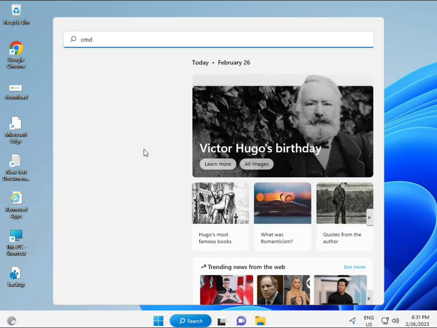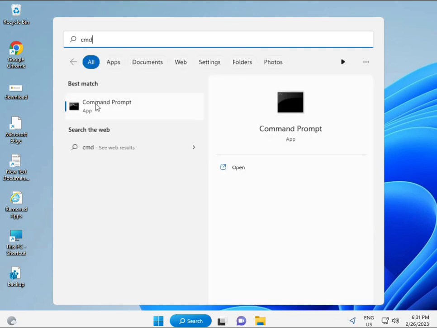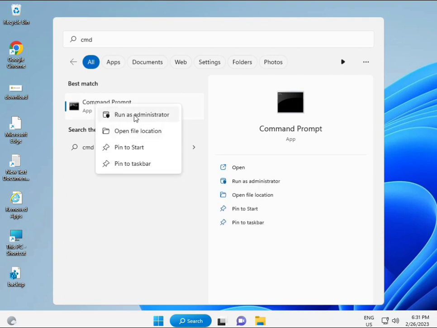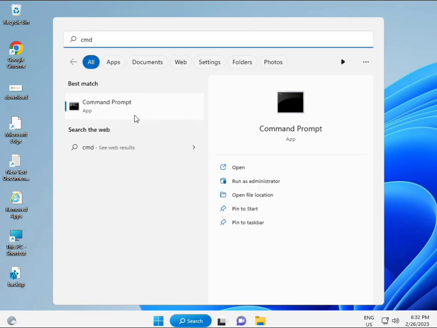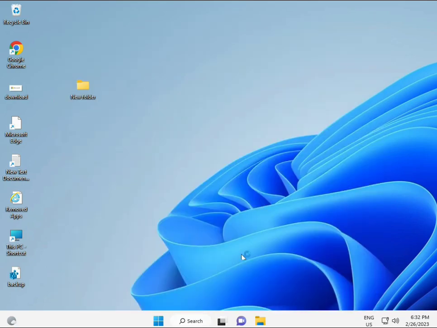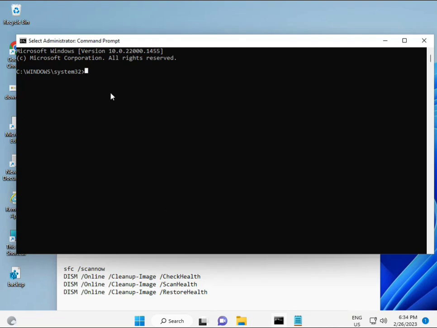Then guys, click the start button and type cmd and then enter. You can try to run as administrator: right click and run as administrator, so you're giving full permissions. Okay,